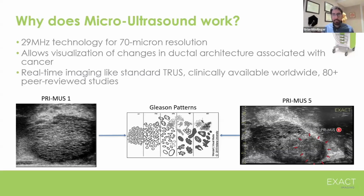And we think it works because we're able to see the prostate ducts. Prostate's a ductal organ. It's basically a big sponge. And the individual ducts are about 100 microns in diameter, really small, much smaller than conventional ultrasound can see. So by increasing the resolution to about 70 microns, which is what the system does, we start to see things like this. So this is a Primus 1, we call it Swiss cheese or spongy pattern tissue,